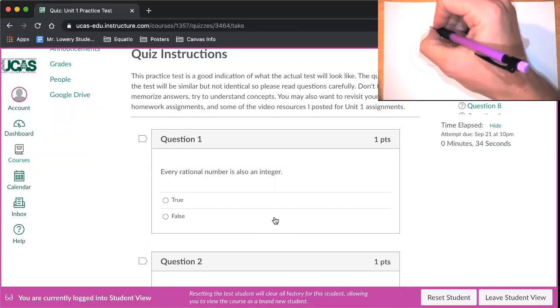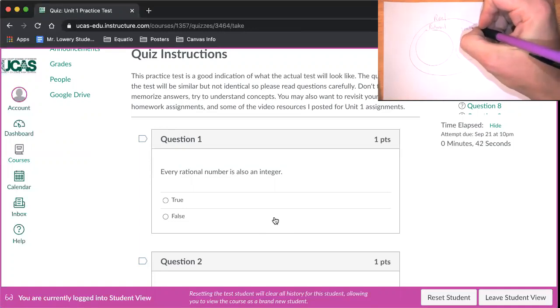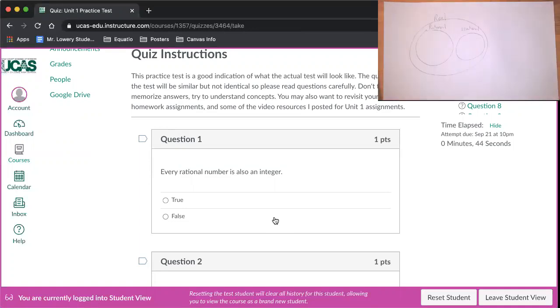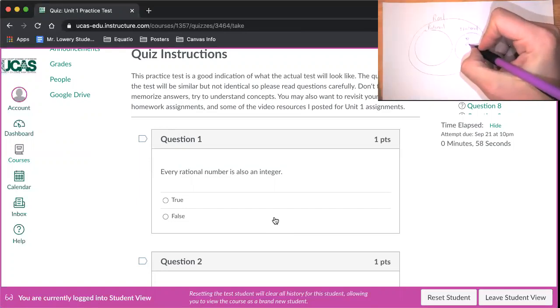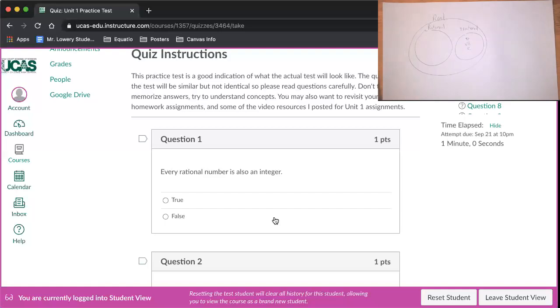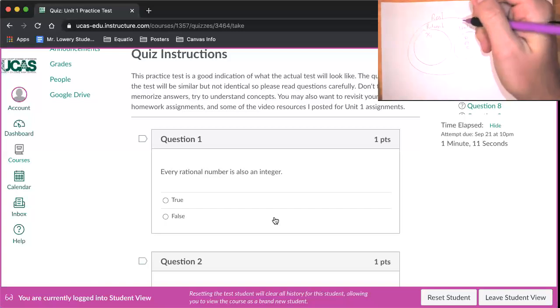In these categories, we have the rational numbers, and then we have irrational numbers. Irrational numbers are non-repeating, non-terminating decimals. You actually can't write them as fractions. So things like pi, square root of 2, e, those are all irrational numbers. The rational numbers are numbers that can be written as fractions. So you have stuff like 3/4,